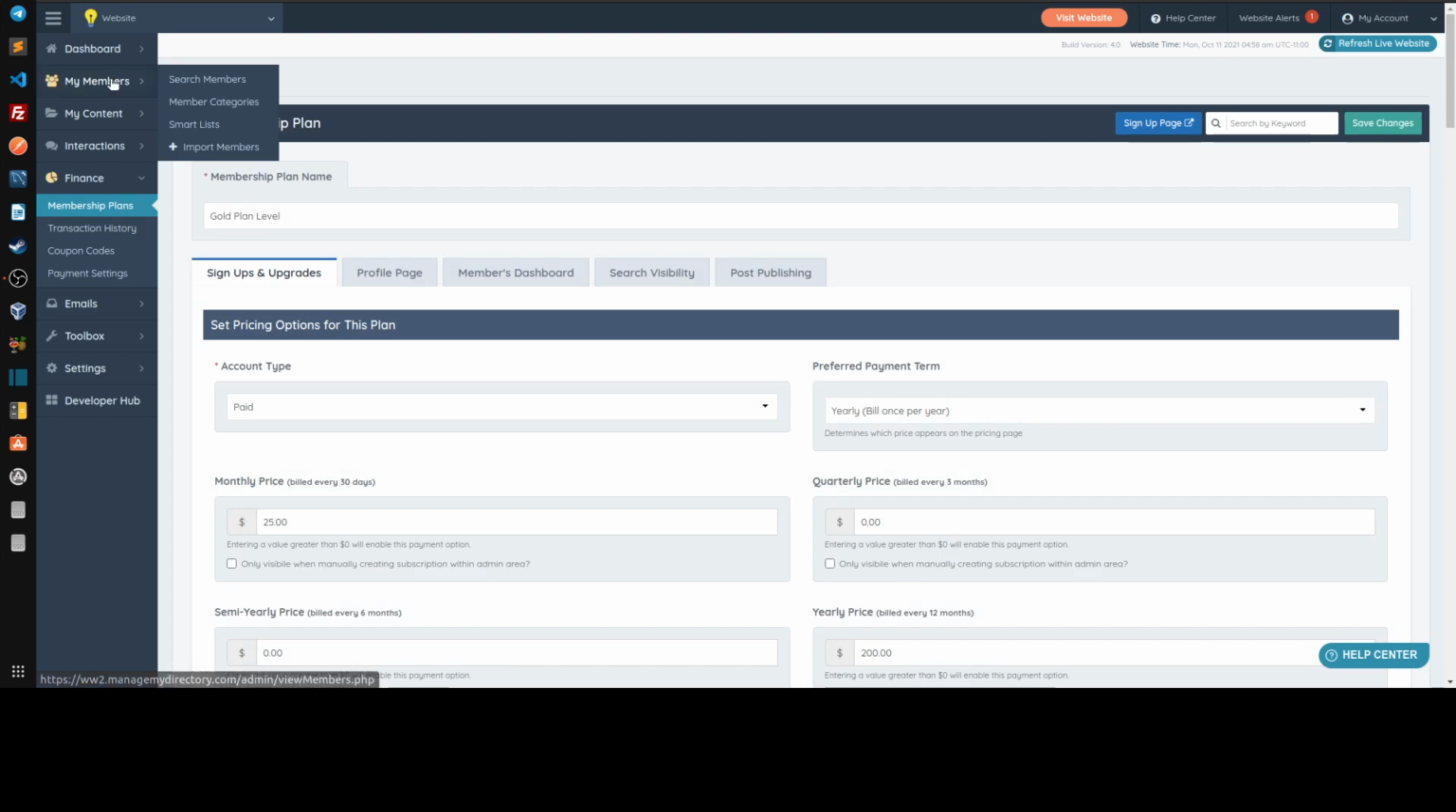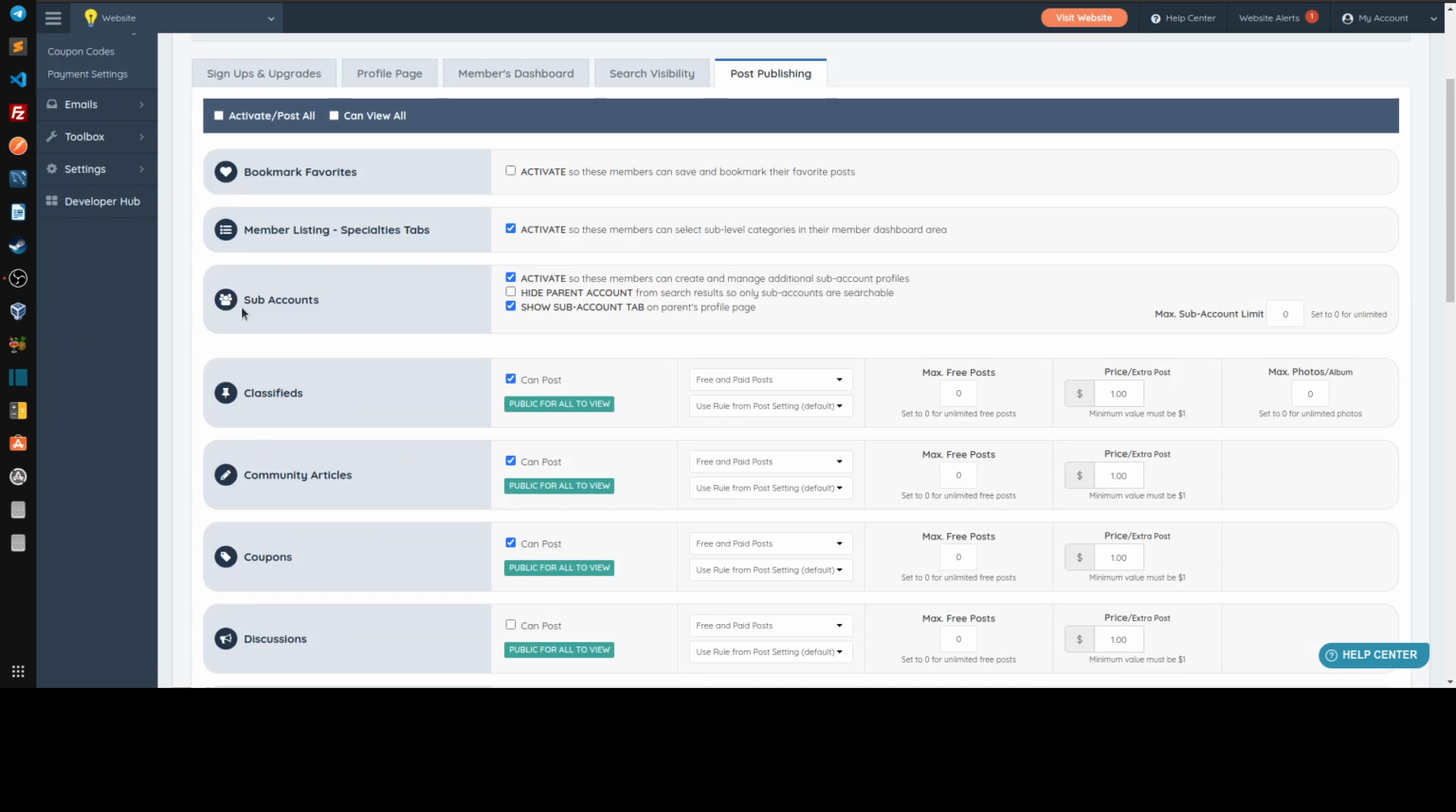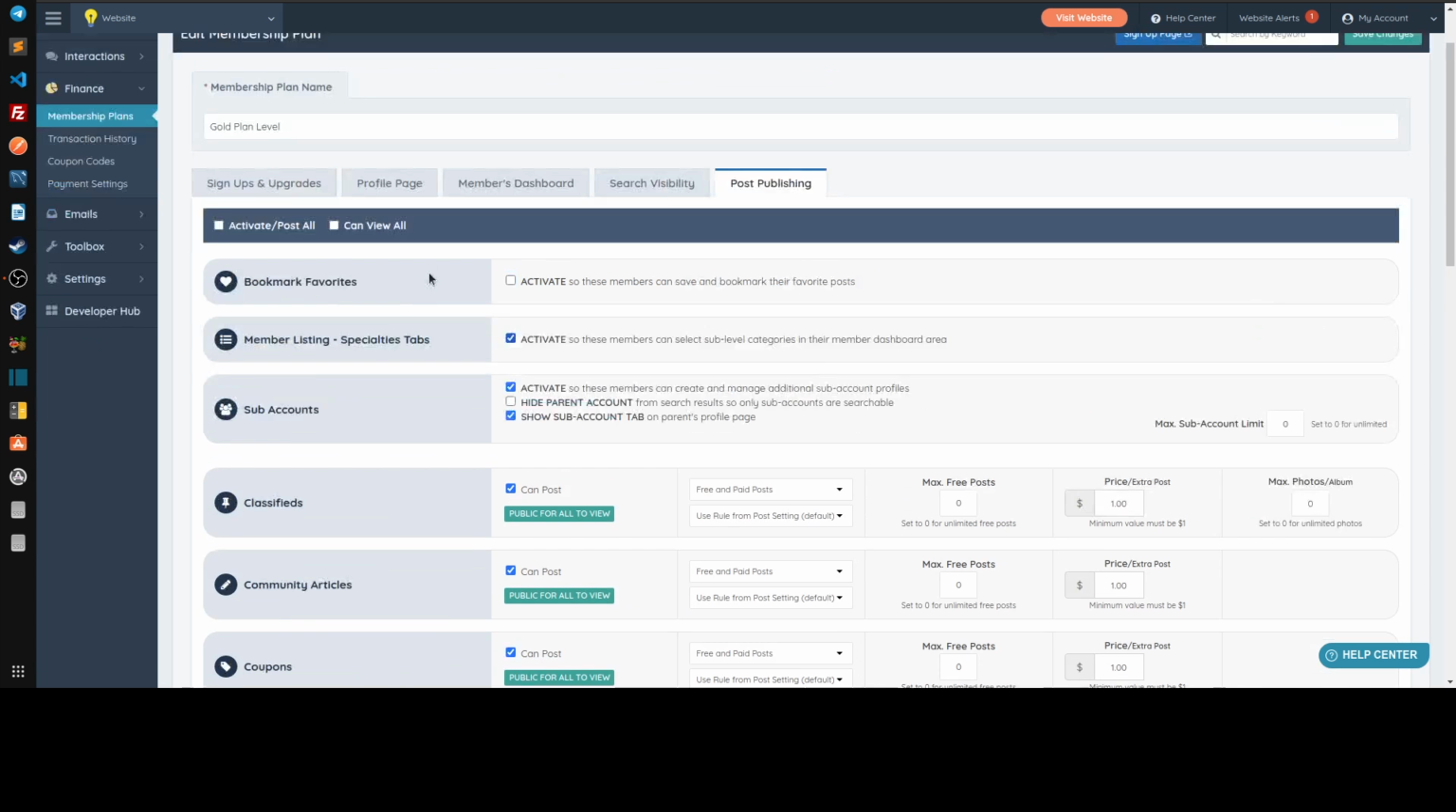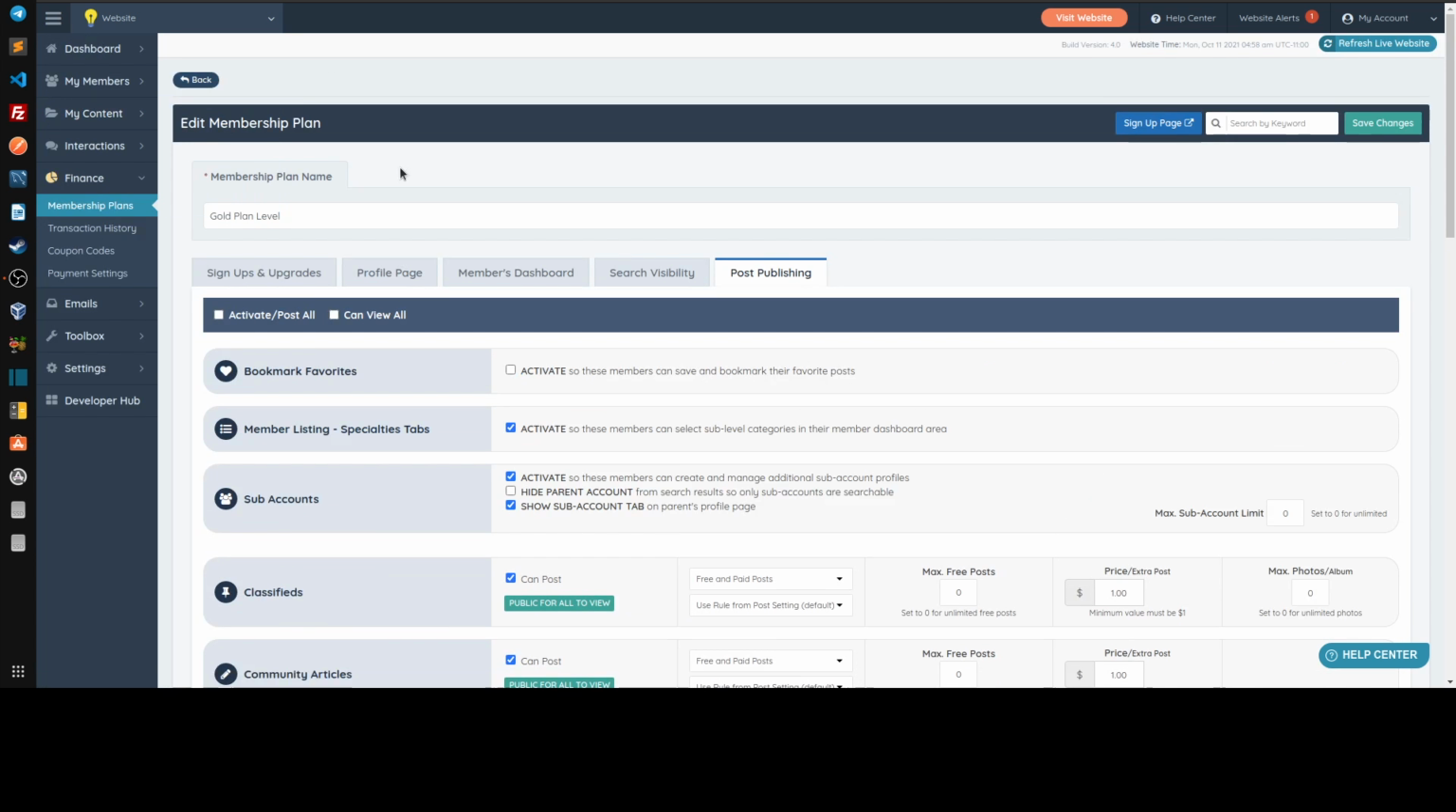So you go to finance membership plans, or you go to my members, and where the members are, you can click on the actual membership plan name. Once you're there, go to the post publishing and just look for this one and just activate that one. I just activated this too, in this particular case because I want to actually show the member too on the search results. Once you save that, we log in with that member